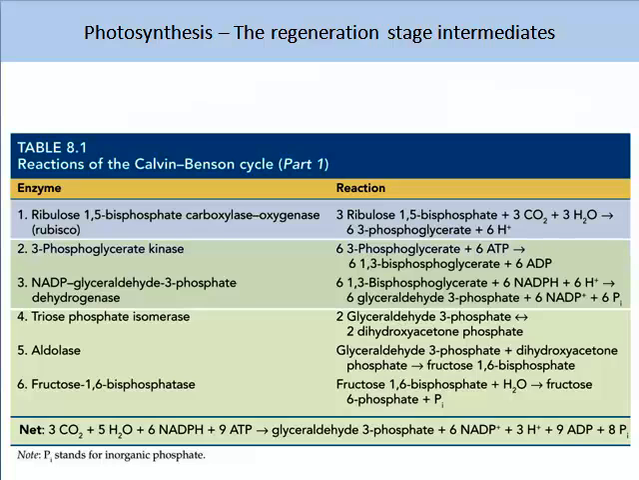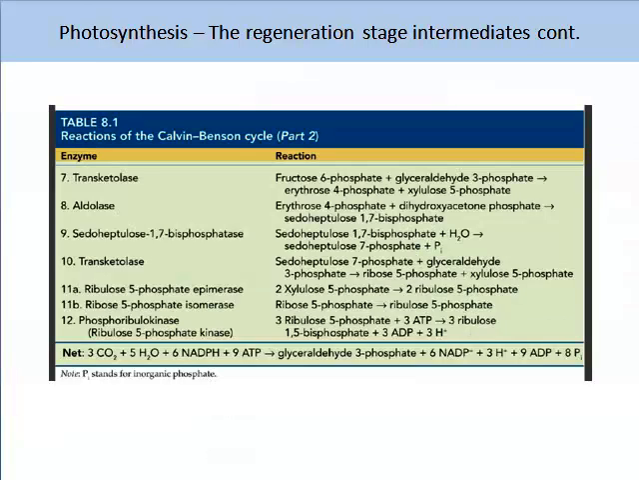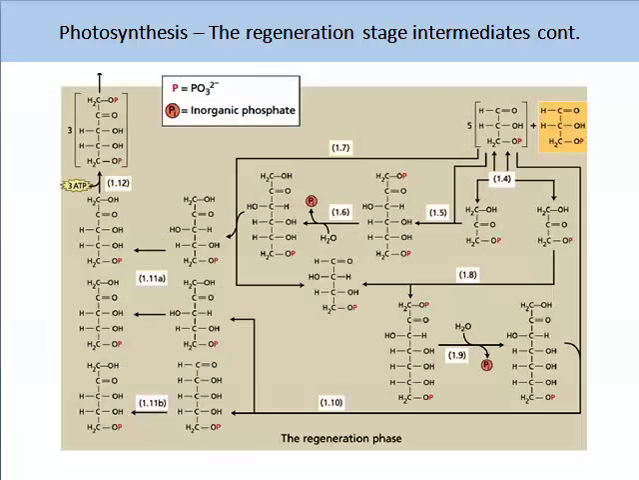In this slide and the following slide, you will see the number of intermediates in the reaction. This table, 8.1, part 1, can be found in the textbook and shows 8 intermediates. This is the second part of table 8.1 and shows another 6 intermediates, giving a total of 12 intermediates in the regeneration cycle. The illustration on this slide demonstrates the chemical reactions of the intermediate steps within the regeneration stage